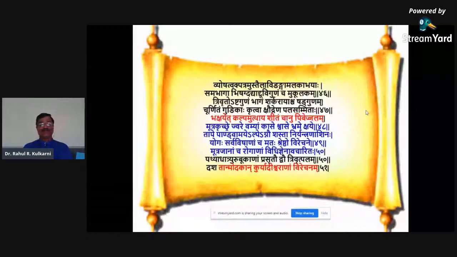See, this Pathya, Dhatri, Urubaka and two times the Trivrut has to be mixed and modakas have to be prepared. So with all this content, Dasha Modakan Kuryat Ishwaranam Virechanam. The dosage has been said that all these ingredients have to be mixed and divided into equal 10 parts, and one part has to be administered for Virechana. So that leads to Kuryat Ishwaranam Virechanam, meaning in Sukumara Purushas the Virechana can be effectively performed with this yoga.